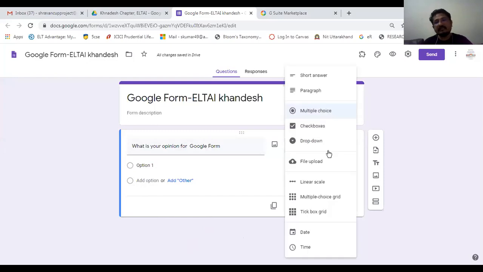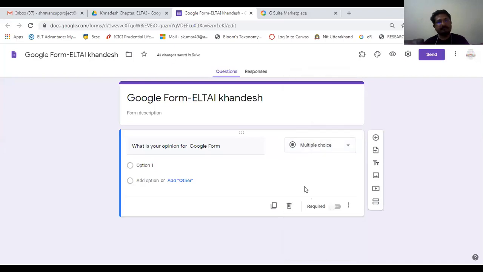I can see these kinds of options here, like short answer, paragraph, multiple choice, check boxes. So it's my wish what kind of attribute I wish to evaluate or assess. Let's see, as per Bloom's taxonomy, I wish to understand their remembering power, their memorization power, their analytical power. So in that case, I'll be making questions accordingly. So now I'll click on multiple choice questions here, and I can give options here.